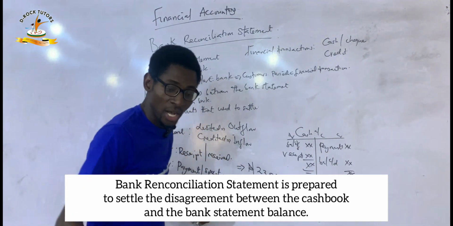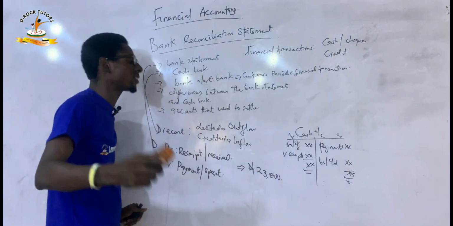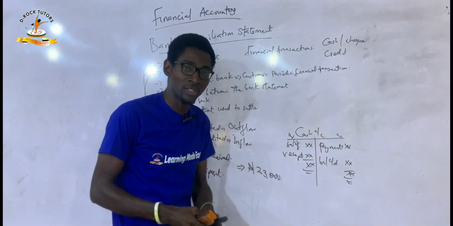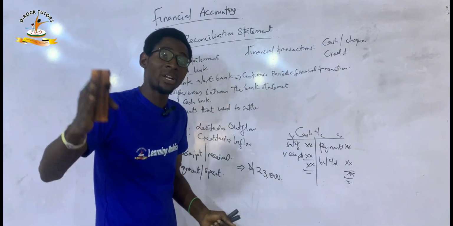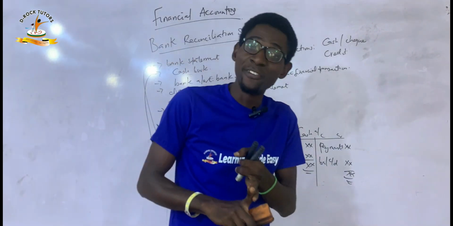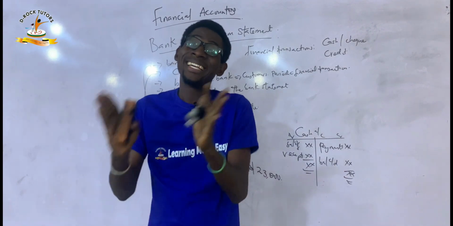Please just follow me as I continue. Now, what are the things that can cause differences? What can make you have 23,000 naira here and 25,000 naira in your bank account? So I will be listing them one after the other. I will mention the meaning, I will tell you the effect, and I will tell you the correction. Those are the important things you have to understand when